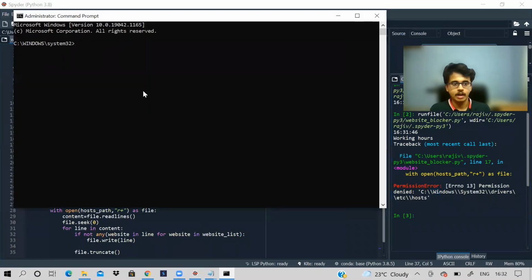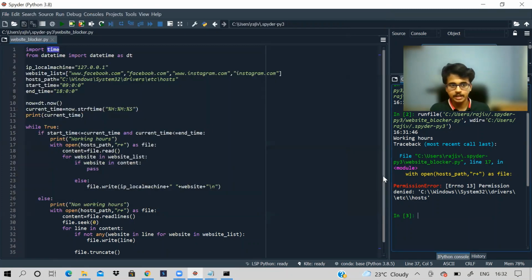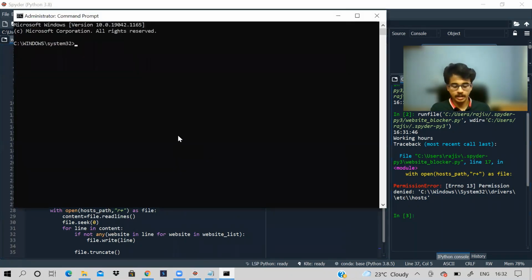Okay. And after opening command line, see the path has changed. So now it's an administrator. But where is my file here? Actually, this Python file is in a different directory, so I need to change my directory. So cd, and where is it?